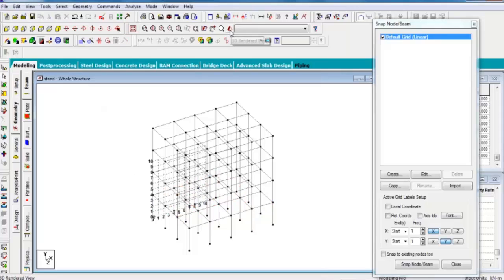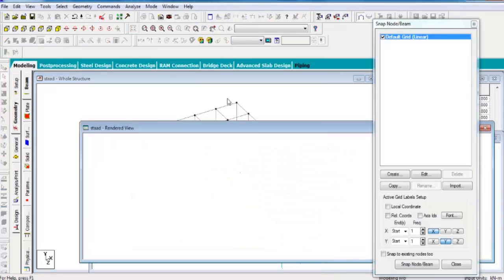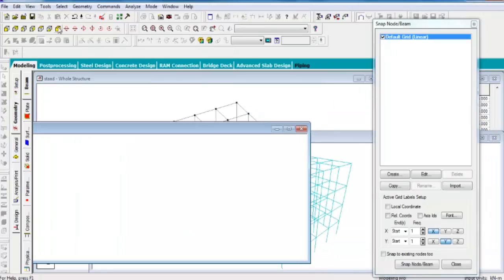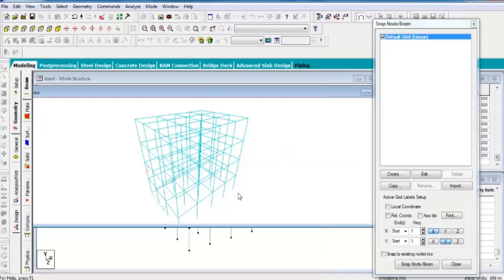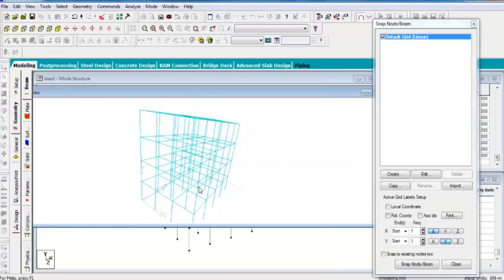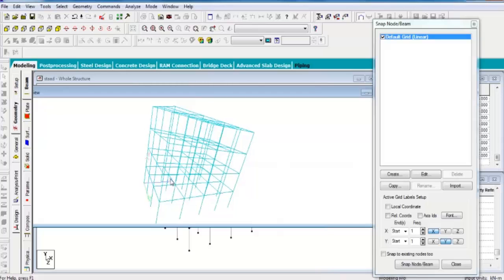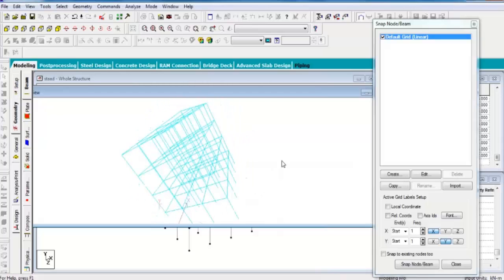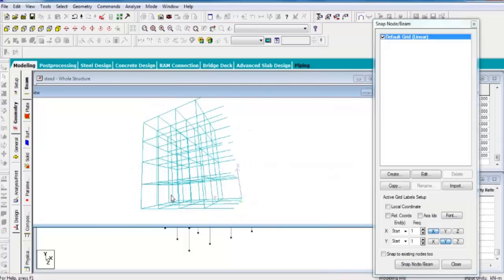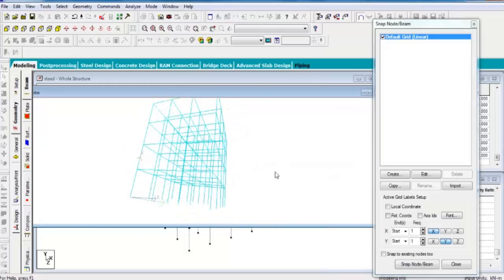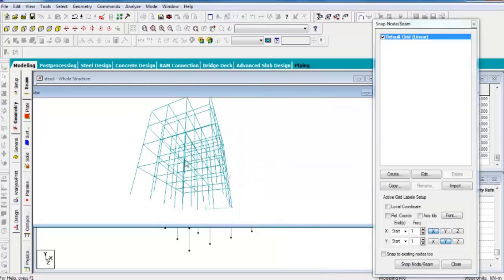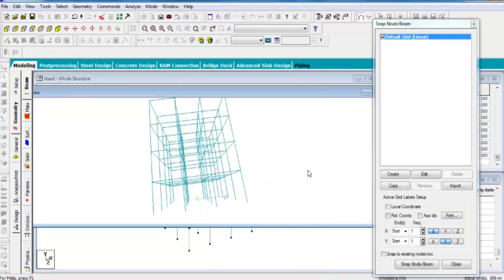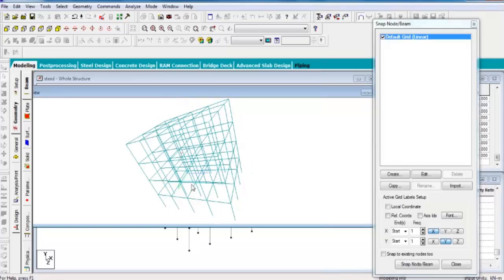You watch, go to render view. This is the render view. You press the mouse left key and rotate the cursor, and your project is rotated in every direction, every angle. Use the mouse left key and drag the mouse like a ball.